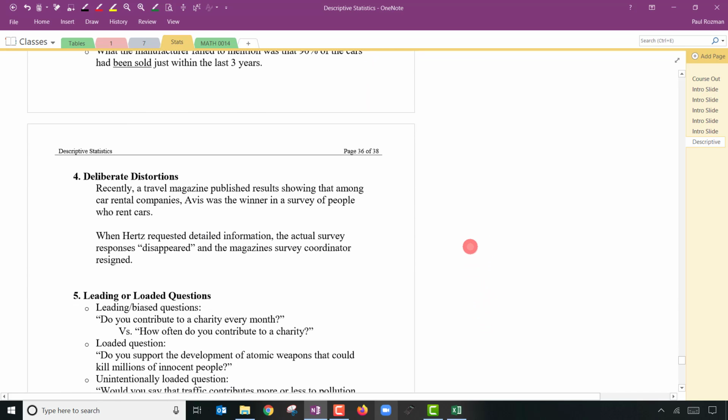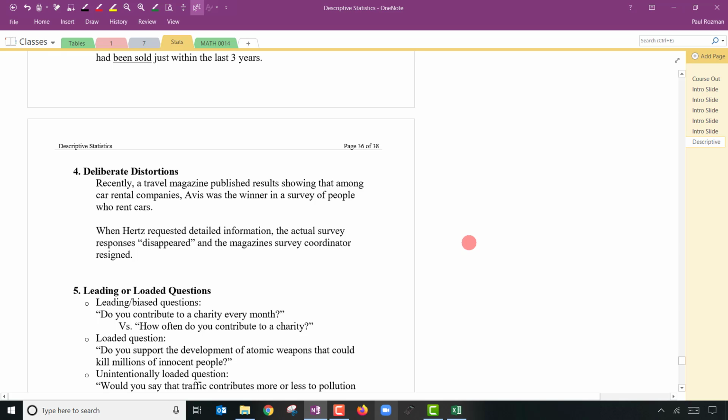Deliberate distortions, the example here is okay, but again, I was watching football and every single commercial seems to be a commercial for trucks. And every truck is the best truck. You got Ford truck, best truck in Canada. Mazda truck, best truck in Canada. Toyota, strongest truck in Canada. Everyone is the best truck. No data to support these things. They just seem to make it up.